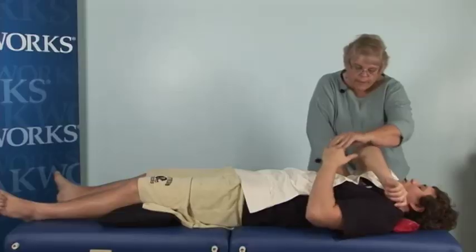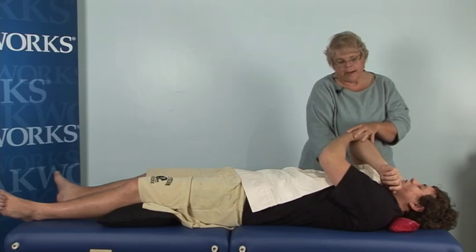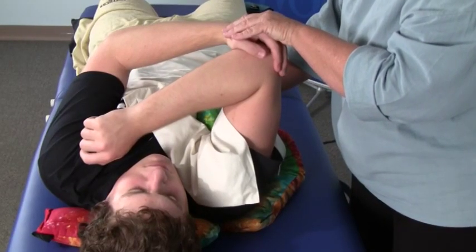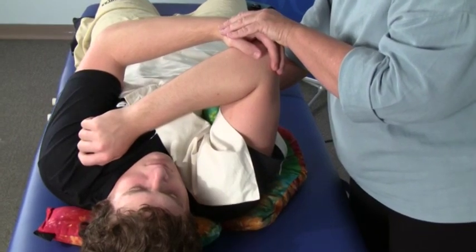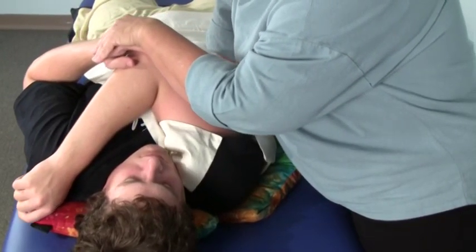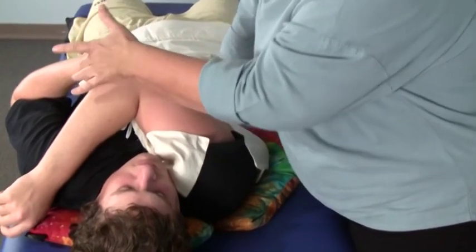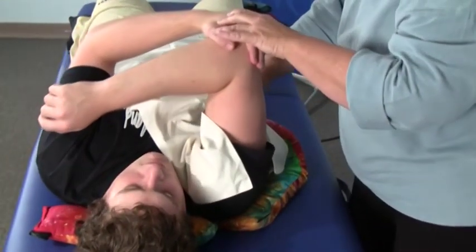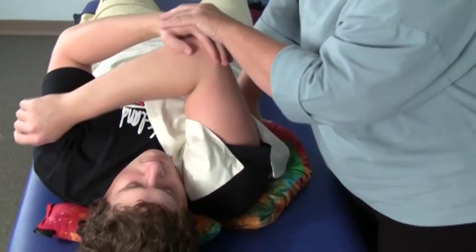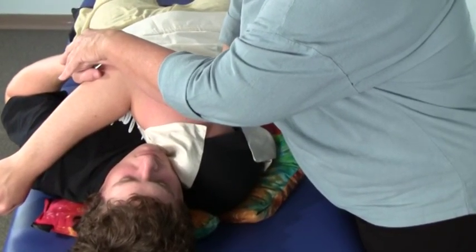Ask the client to take his right hand and hold on to his elbow, and I bring his elbow out just a little bit, and I say, this is neutral. So I want to ask you to take a nice deep breath. And as you exhale, I'm going to increase my compression as he draws his arm across his chest, just to his comfort level. Return to neutral. Again, nice deep breath. And do it again. You may need to repeat this several times, especially if there's congestion there,